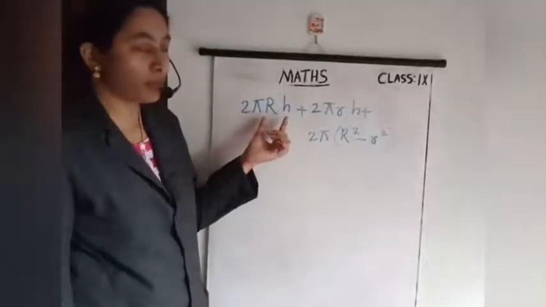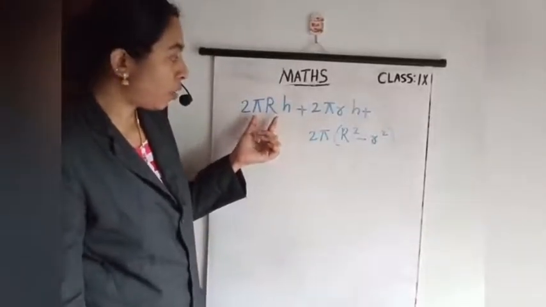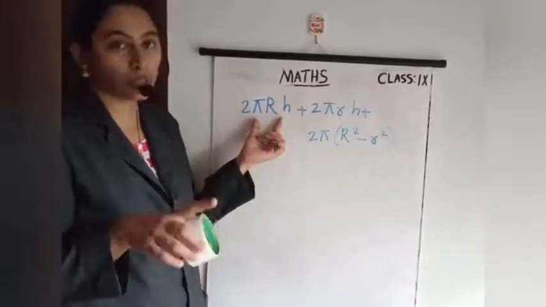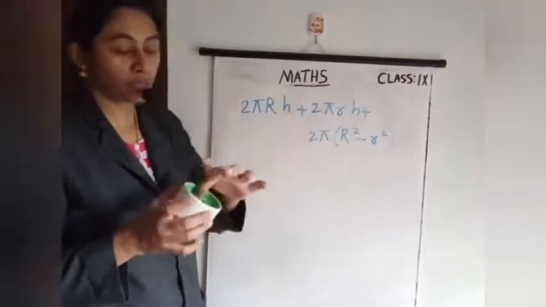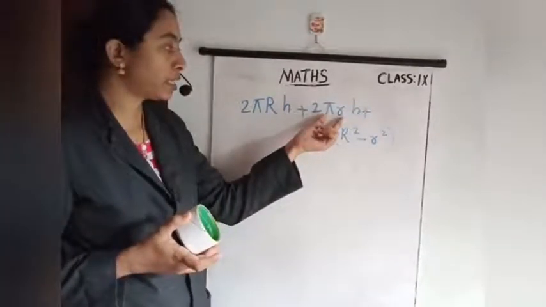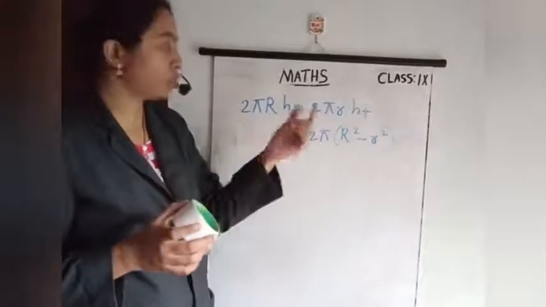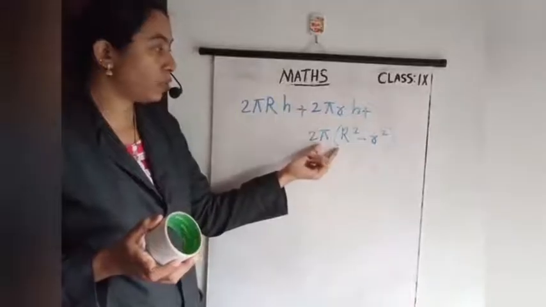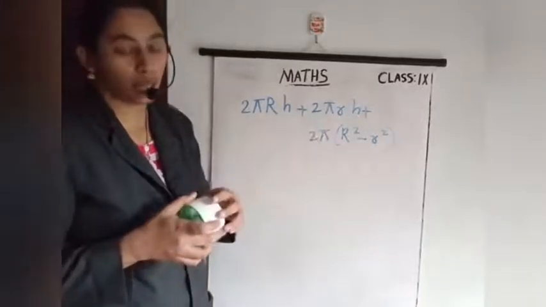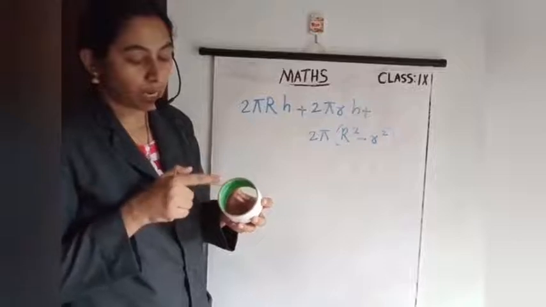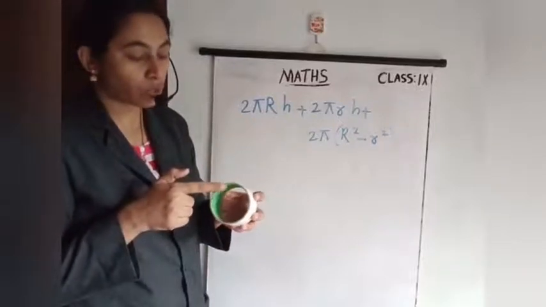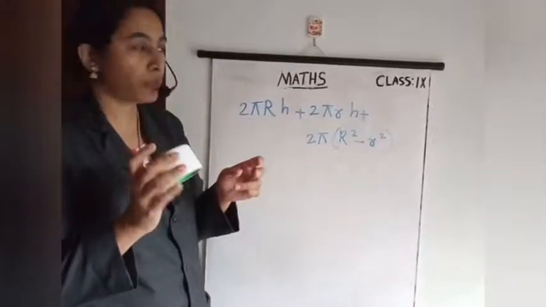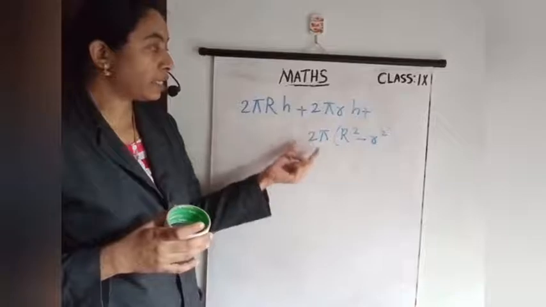So the formula has a little change. Outer surface area 2 pi Rh, you already found in sub question 1. Then inner surface area is 2 pi rh, here small r is inner radius. So this also you already found. So add that plus 2 pi into R square minus r square. That means outer radius square minus inner radius square into 2 pi. Then we get the total surface area of this pipe. So we need to learn this formula.